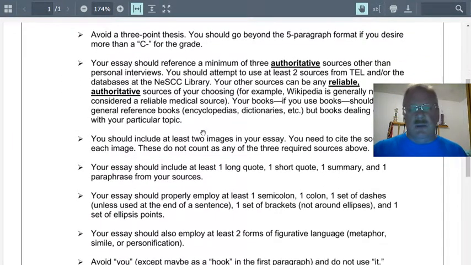For this essay, avoid a 3-point thesis pretty much at all costs. The sample essay kind of falls into a 3-point thesis, but once you go beyond that, there's going to be more than 5 paragraphs, and you're going to be talking about various components. As we start working with the topic, I'm going to try and get you to narrow that down depending on what topic you choose.